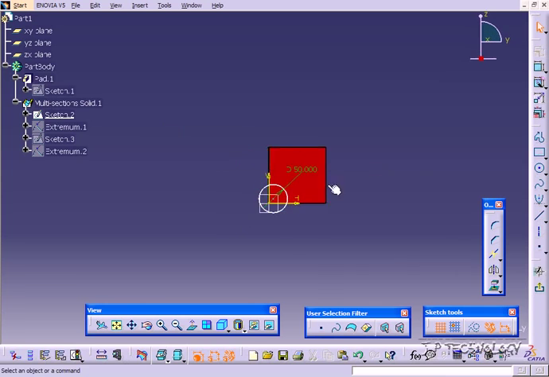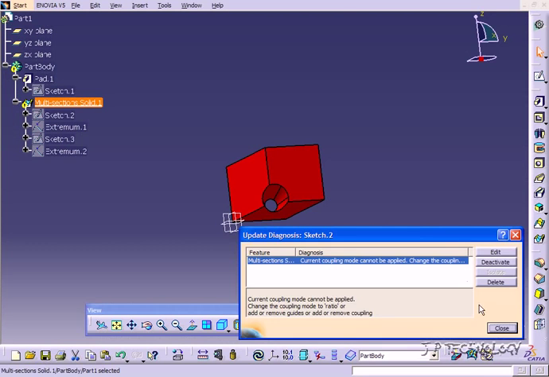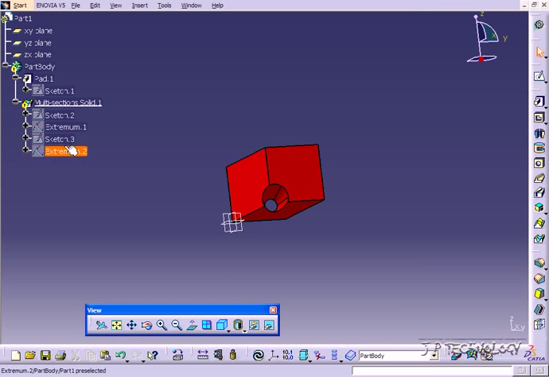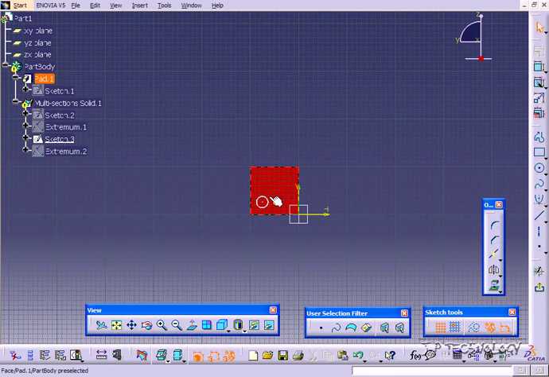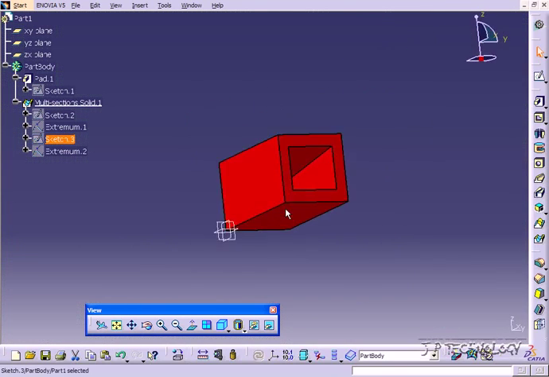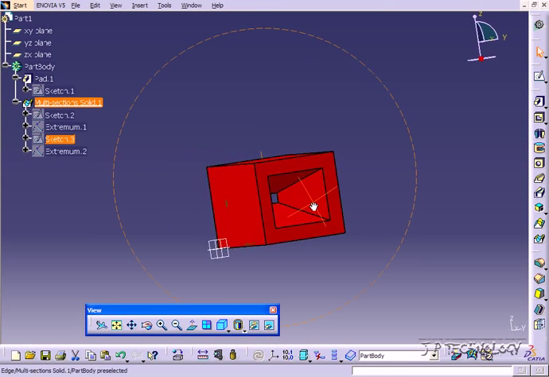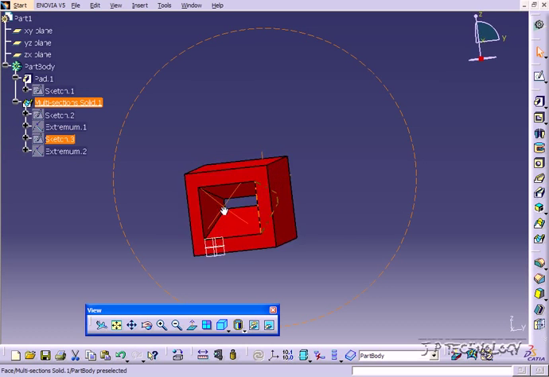Now let's change these sketches. So let's double click on this sketch. We'll delete it, and we'll make a square on this side. Go back. You're going to get a problem. Just click close, double click on this sketch here, delete it, and just make a thin rectangle. Go back up, and the two will come together. And again, you can see that it doesn't have to be just a circle, it can be a square, and